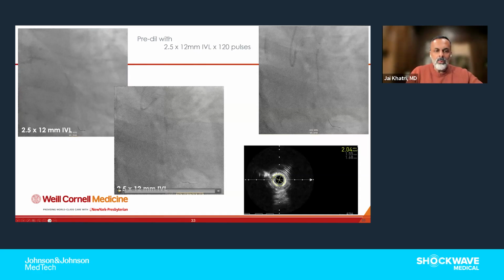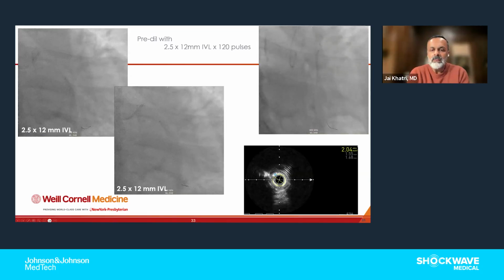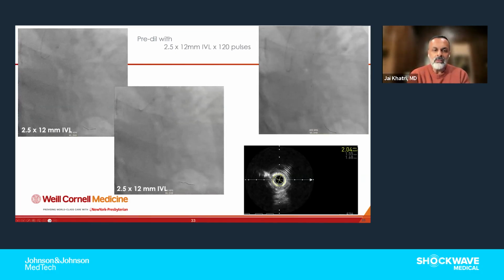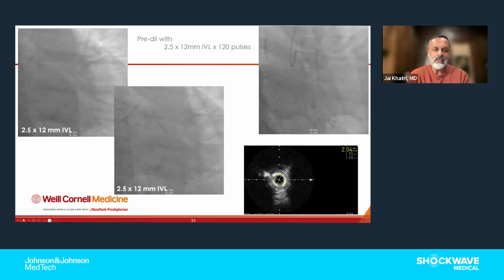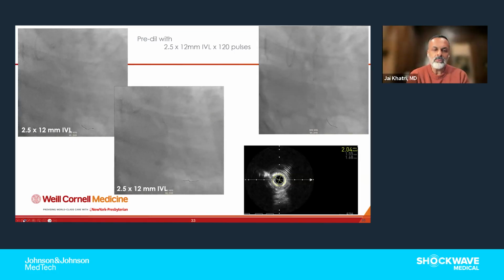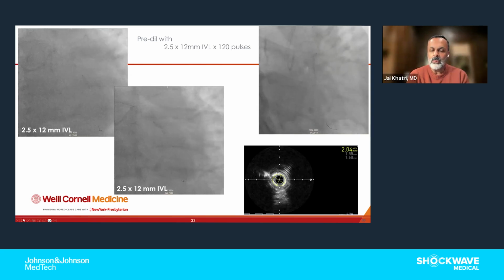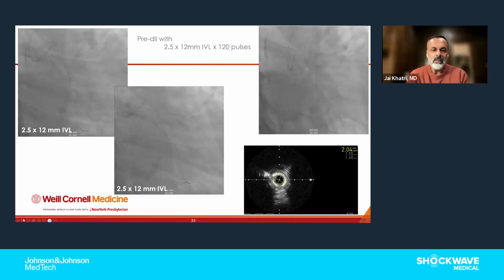And what I elected to do was IVL, 2.5 by 12 IVL, based on what the IVUS in the right lower panel indicates, and based on what I was seeing on the rotational angio. So I go up on the IVL balloon and I rotate the C-arm around at least 60 to 90 degrees just to see if the constraint in the balloon has been resolved. And once I'm happy with the resolution of the constraint, I feel pretty good about just putting the stent in. So that's the stent going in on the right panel. And then if we go to the next slide,